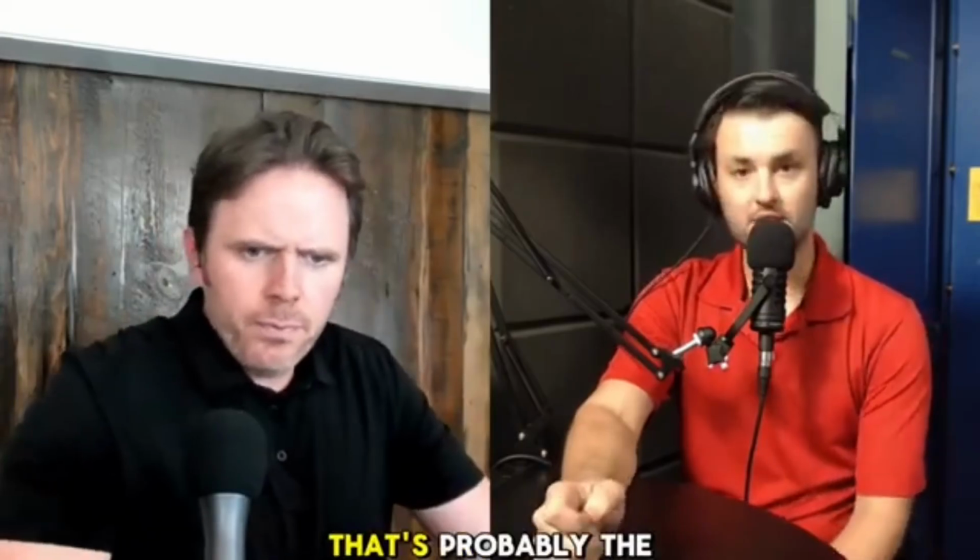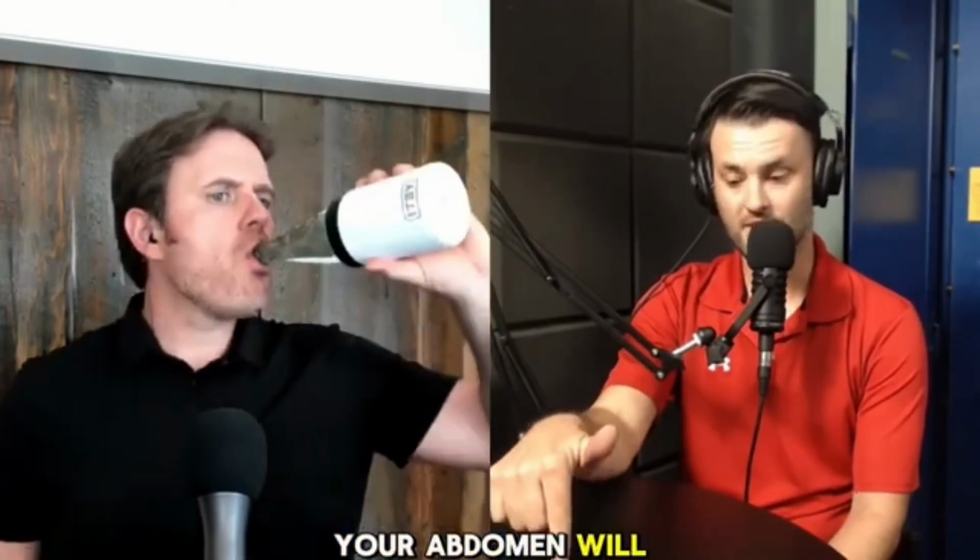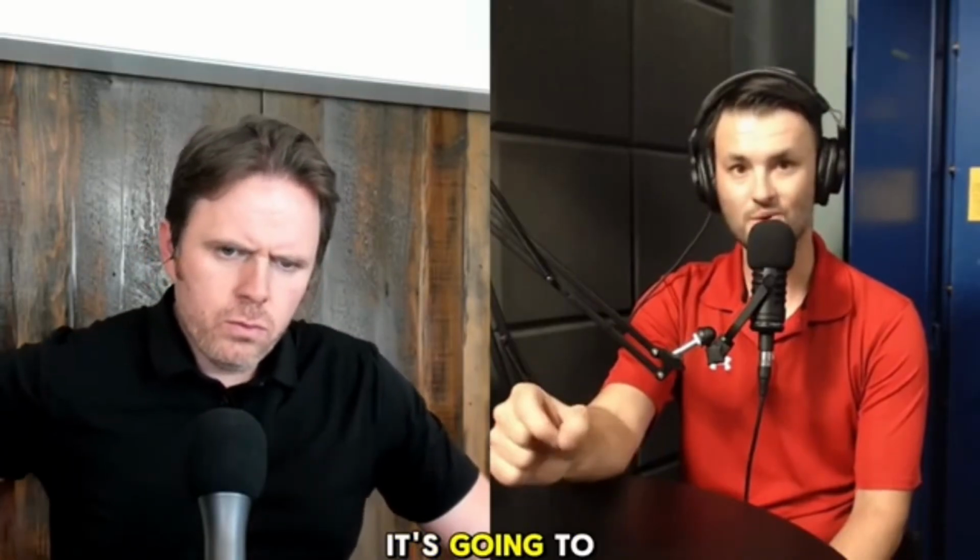Going back to the vagus nerve, that's probably the biggest one. You can get a little hemispheric with working with that vagus nerve, but simple breathing techniques are going to activate that vagus nerve. Applying heat on your abdomen will activate that vagus nerve. The vagus nerve controls all those organs down there, including digestion. And if you can tap into the physical attributes of that vagus nerve, that information is going to go in and talk to the corresponding areas that will eventually relay information up to the cortex that deal with social and